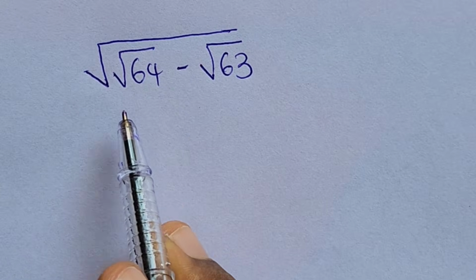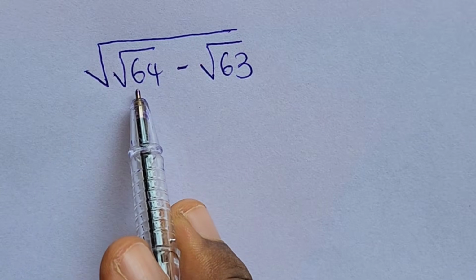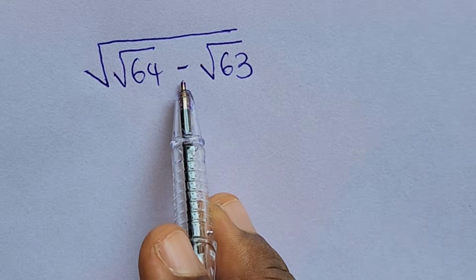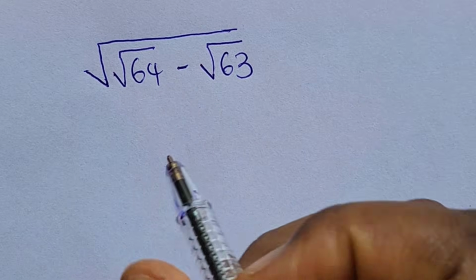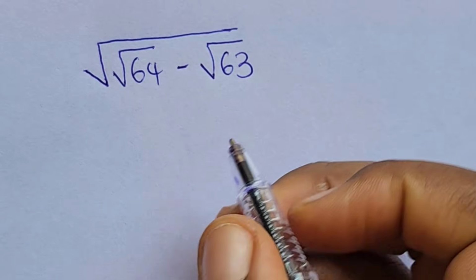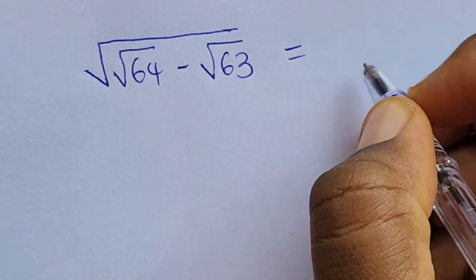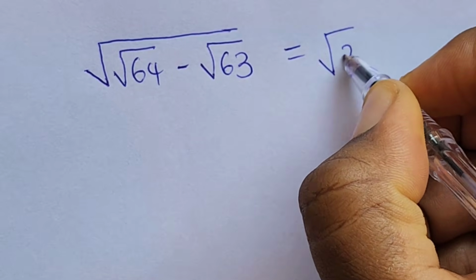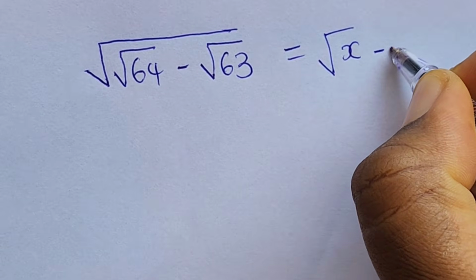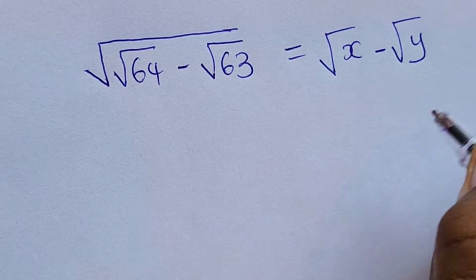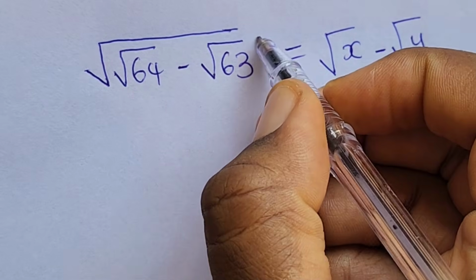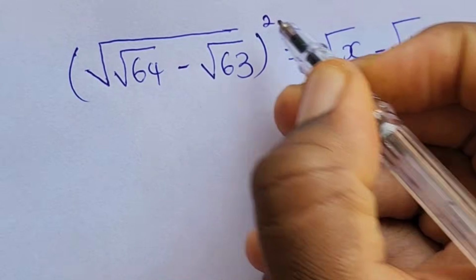Let's break this down together. We have the square root of root 64 minus root 63. So from here we can equate this to be equal to the square root of x minus the square root of y. So resolving this, when we square both sides,